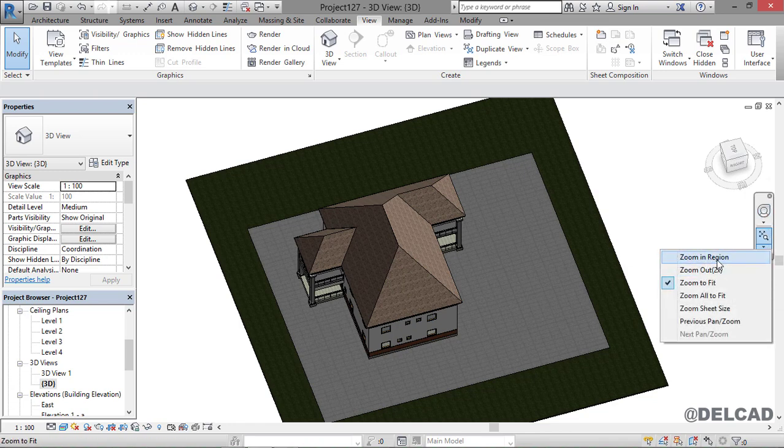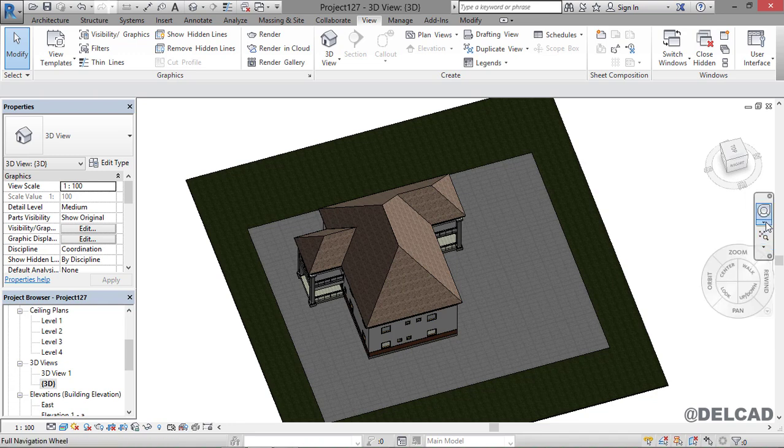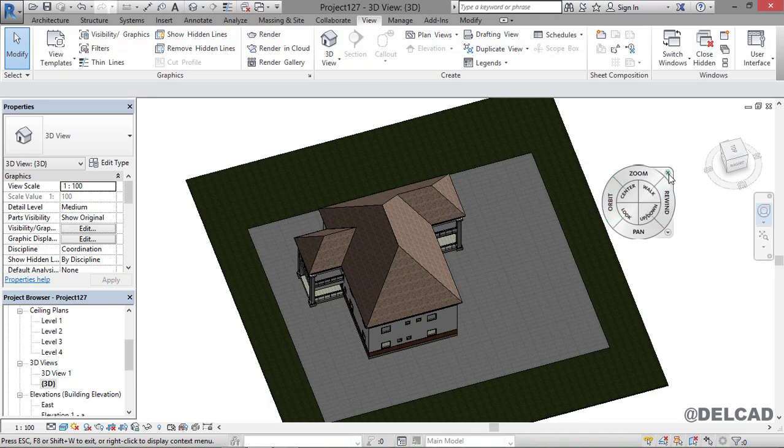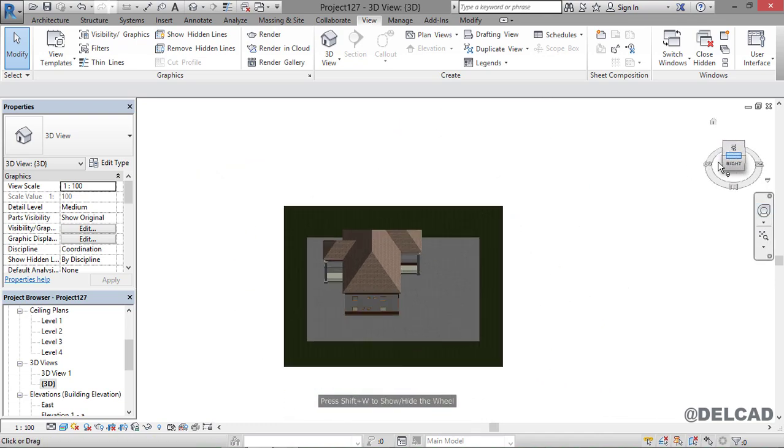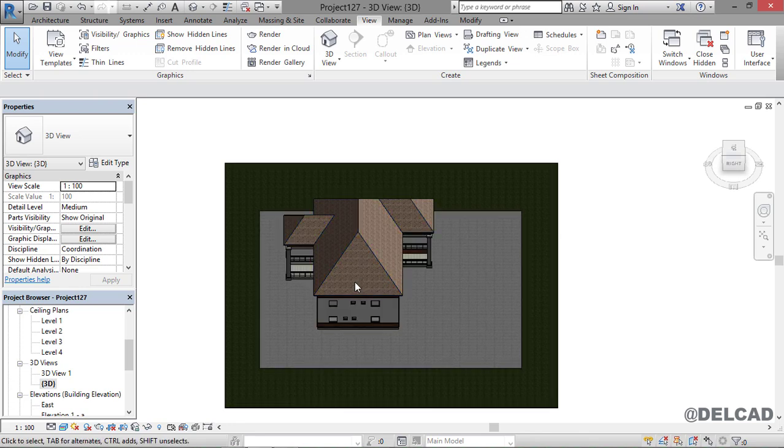We have zoom in region, zoom out, zoom to fit, zoom out to fit, and all of that contained here. And over here we have the navigation panel, and then the navigation wheel, and then we have the view cube over here, which all serve the purpose of navigating while we are making our drawings. And then below here we have the view control